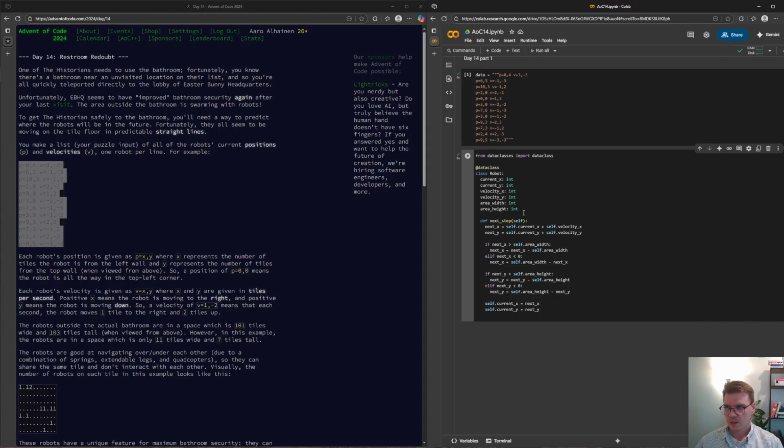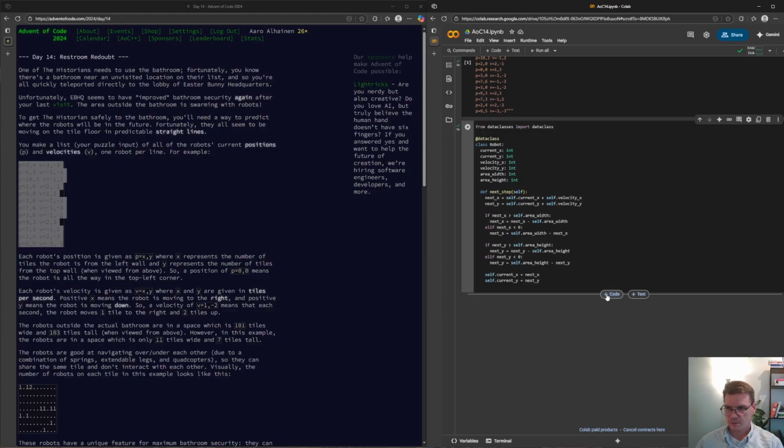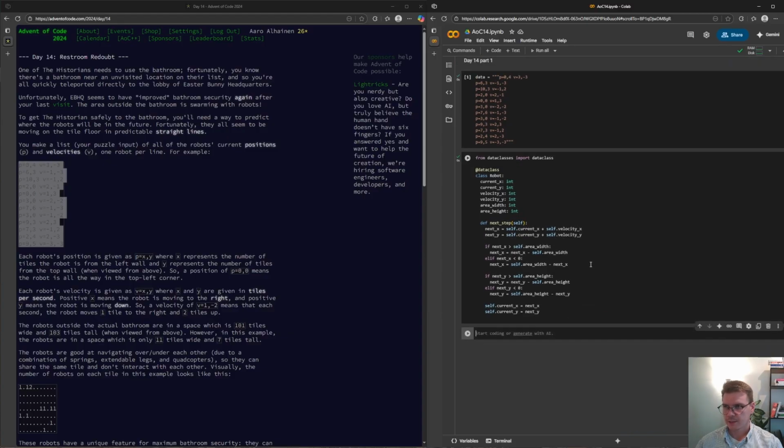Yes. And then we want to start pre-processing the data. We can split it from the row change, and then we want to also split it from the space, and then we can get the values there.